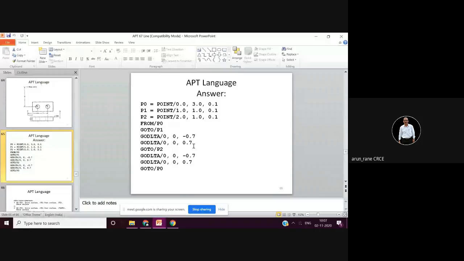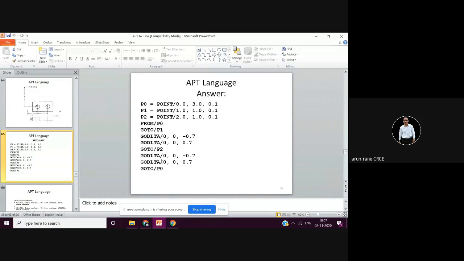I may not take programming examples on APT. This is an example for drilling two holes, in which we have defined points, and then these are the motion statements.